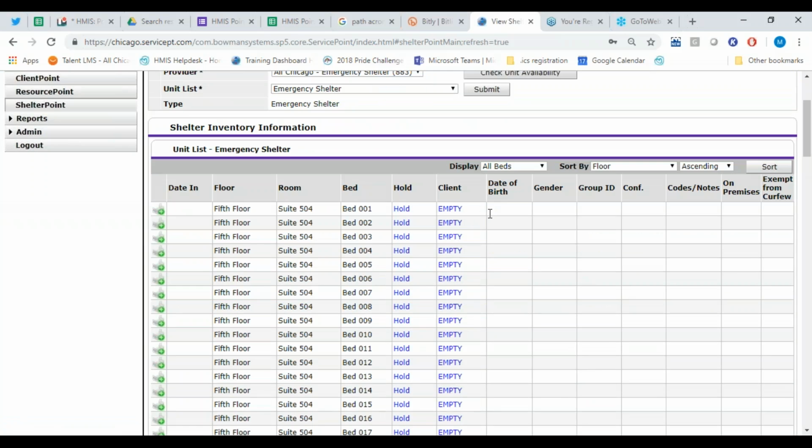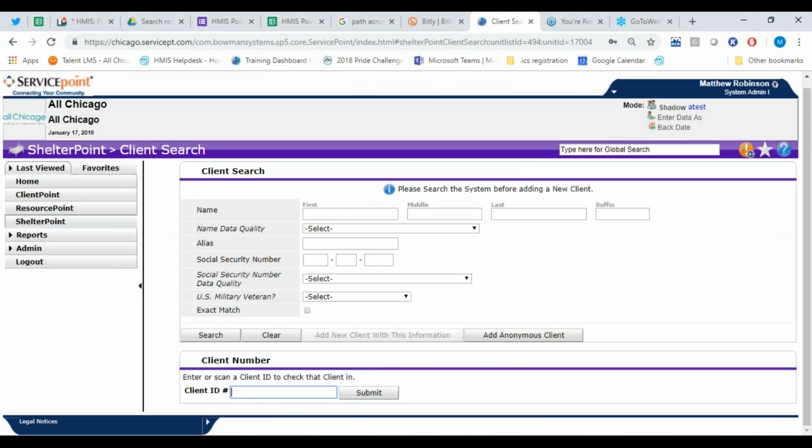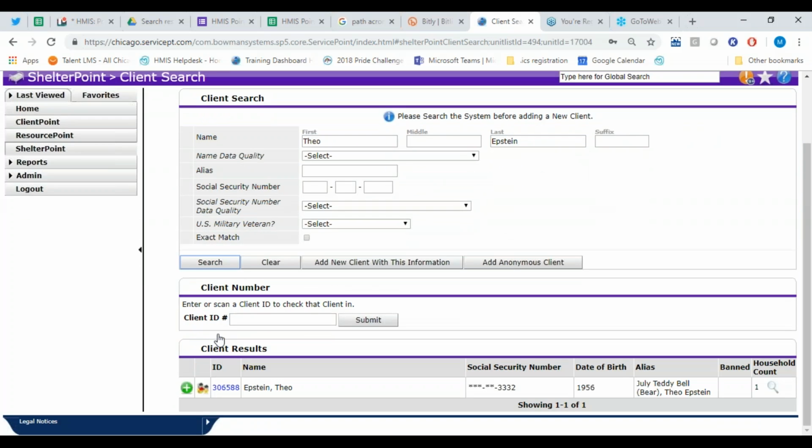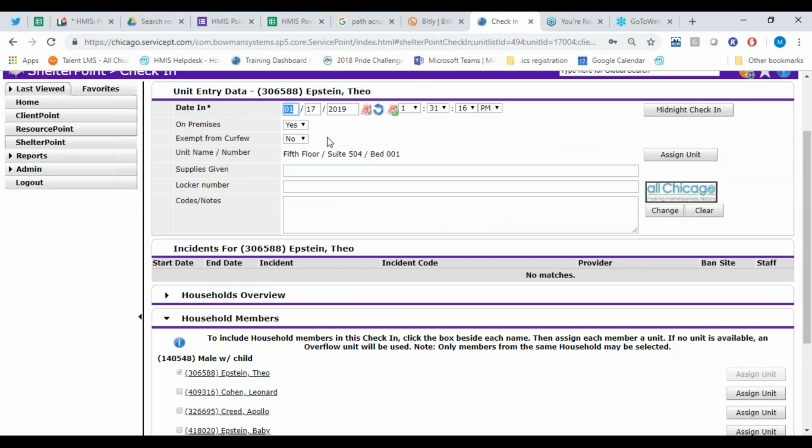Okay, now my unit list is empty, and I can check in each of the clients that are part of the household as one household. So I'm just going to click an available unit and then search for Theo Epstein, who I know was the head of that household. I'll search for this client, and then under results, click the plus next to their name, and I'm checking for the same exact things here, correcting the date if it needs to be corrected,